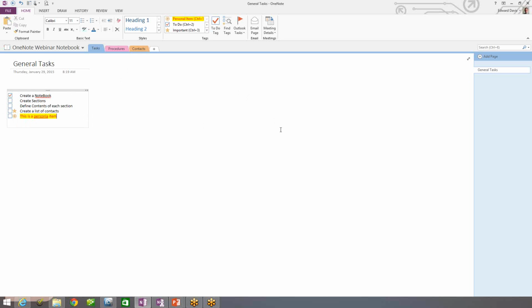I'll check it off. We use it not only for grocery shopping, but I have a section in one of my notebooks which I think I call shopping, and underneath that section I have pages for the various stores that we go to. So I have a page for Home Depot, a page for Price Shopper or whatever the shopping store might be, a page for BJ's